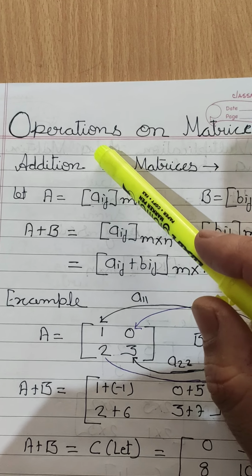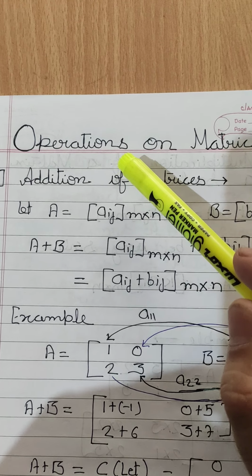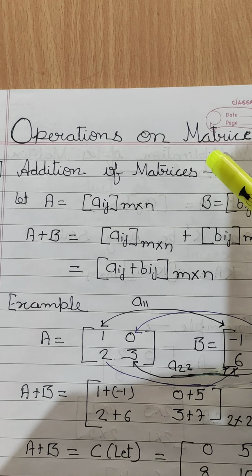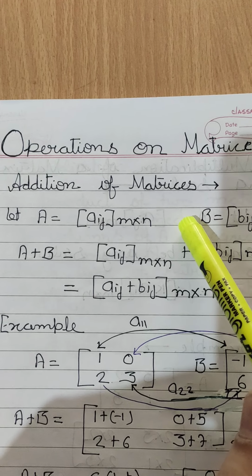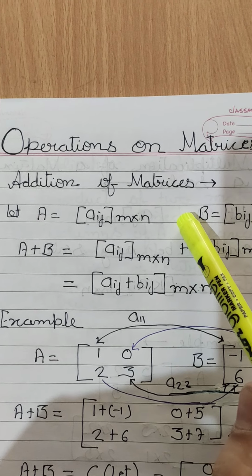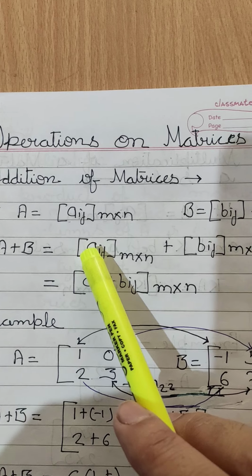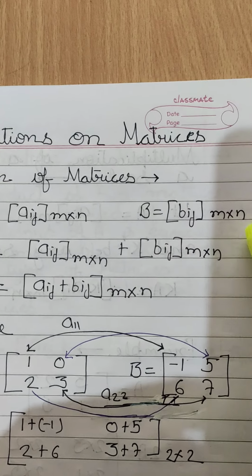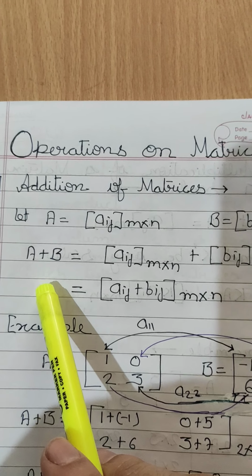You know about the algebraic operations: addition, subtraction, division, multiplication. In the same way, some algebraic operations are possible with matrices. So let us see the first operation, addition of matrices. It is not necessary that we can add all matrices. Some compulsion is there. What is the compulsion? Two matrices can be added if their order is the same, that is, they are comparable matrices. If the order is not the same, we are not able to do addition and we say addition of matrices is not defined.